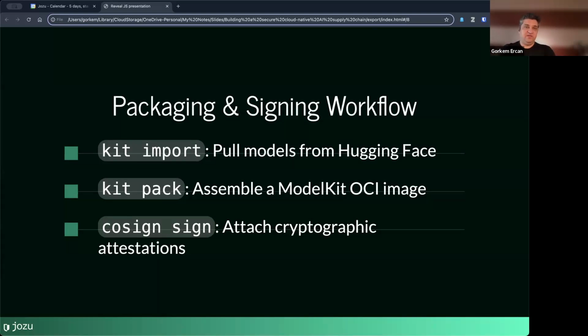And because you are now in the OCI specification, in the world of cloud native, you are able to use existing tools to work with the model kit. So we're going to use an existing tool called Cosign to sign our model kit with a signature.